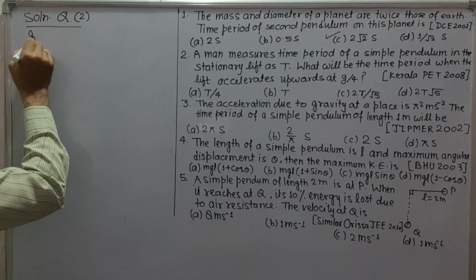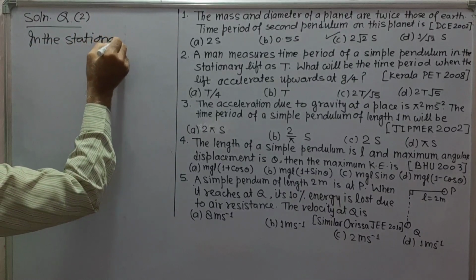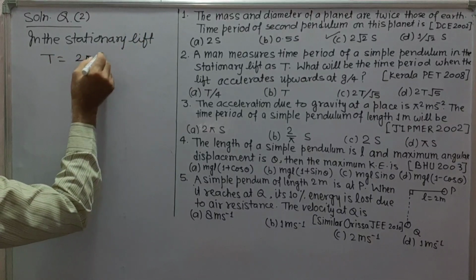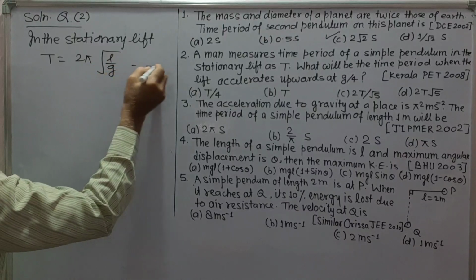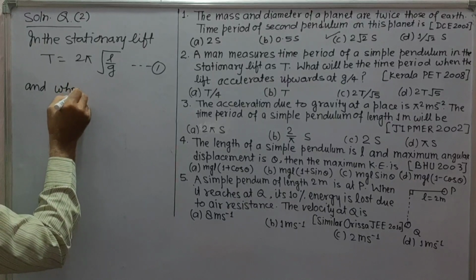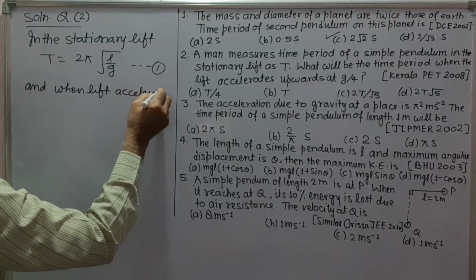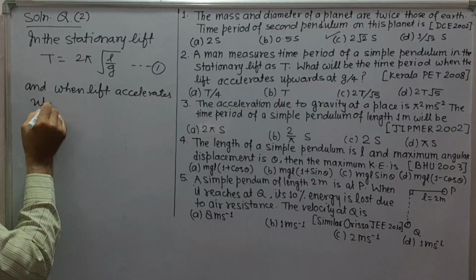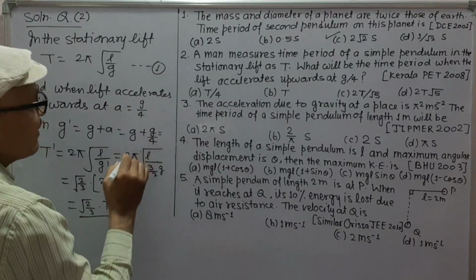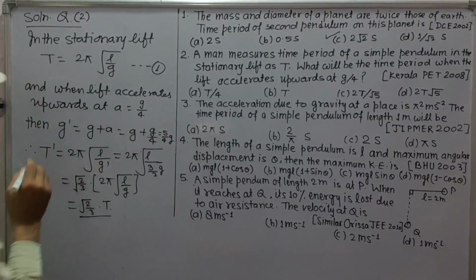Here, in the stationary lift, T is equal to 2 pi under root L by g, suppose this is equation 1, and when lift accelerates upward at a is equal to g by 4, which is 5 by 4 g, and therefore T dash will be equal